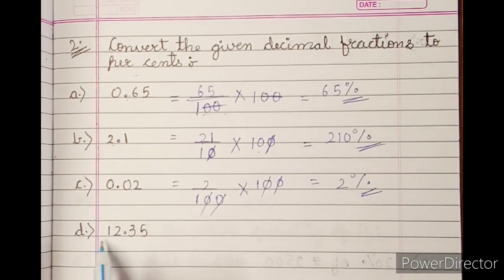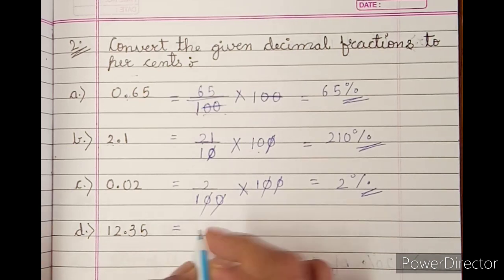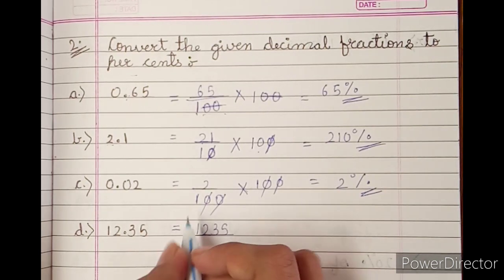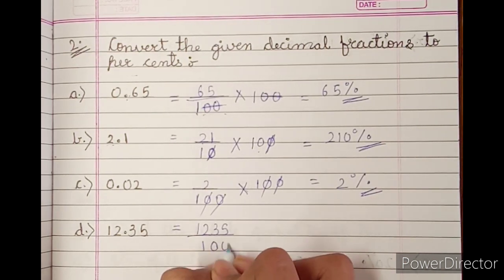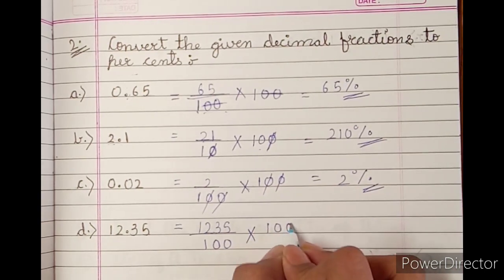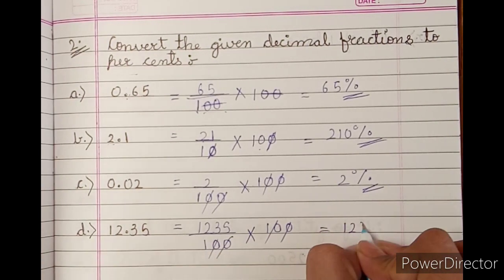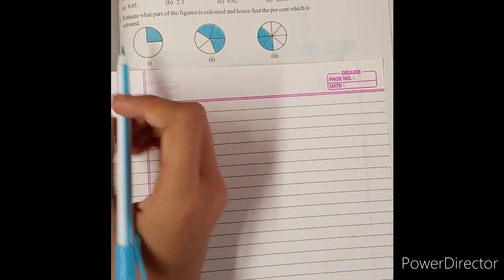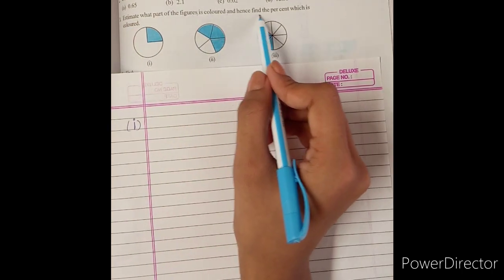Now number 4 is 12.35. तो अब हमें उसे पहले फ्रैक्शन में करना है तो उसके लिए हम पॉइंट निकाल देंगे तो बचेगा 1 2 3 एंड 5. सो 1235 अपॉन, अब पॉइंट के बाद 2 डिजिट है तो हम 2 ज़ीरोज़ ऐड करेंगे 1 में तो होगा 100, और मल्टीप्लाई बाय 100 करेंगे ताकि हम उसे परसेंटेज में कर सकें. सो 0 0 गेट्स कटेड आउट, बचा 1235. So our answer is 1235%.